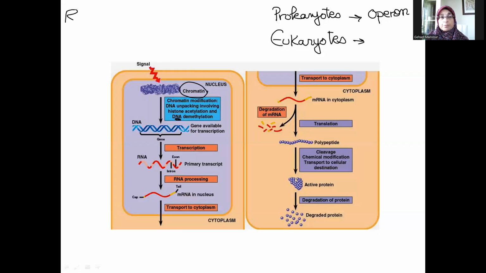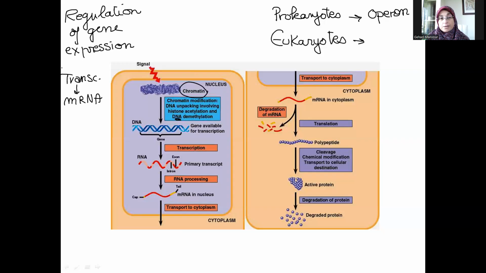This diagram represents the regulation of gene expression. Regulation of gene expression, meaning that it represents the regulation of all the steps starting from transcription of the gene into messenger RNA to translation of that messenger RNA into a polypeptide. So you can control gene